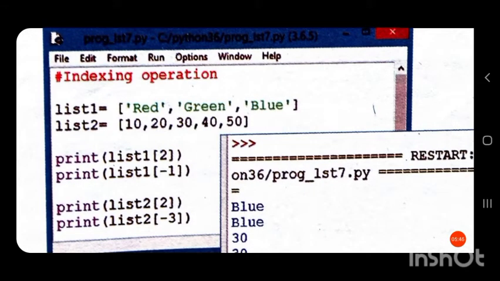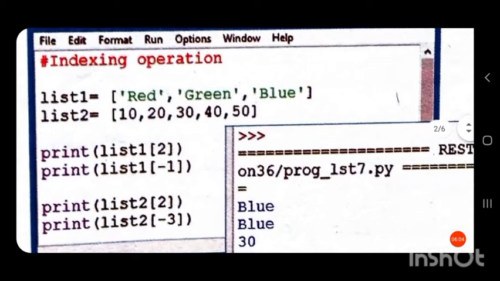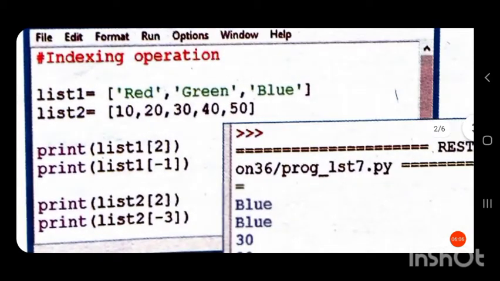We can use any of these two indexes, positive index or negative index, to retrieve the element in the list. So print list 1 in square brackets the index. So the index is 2.